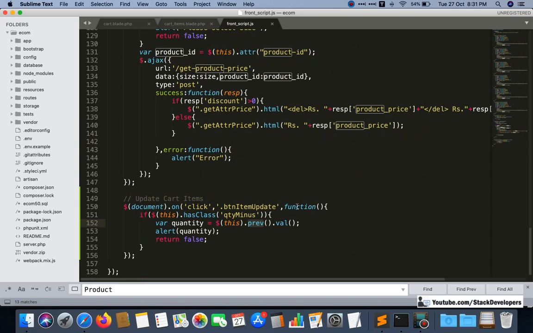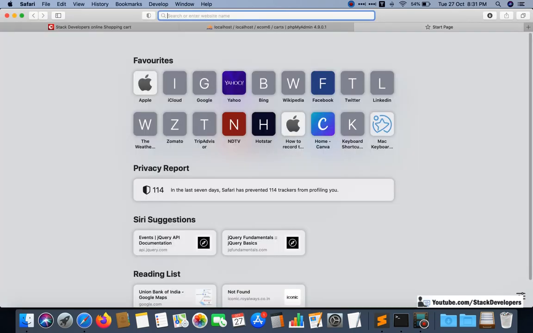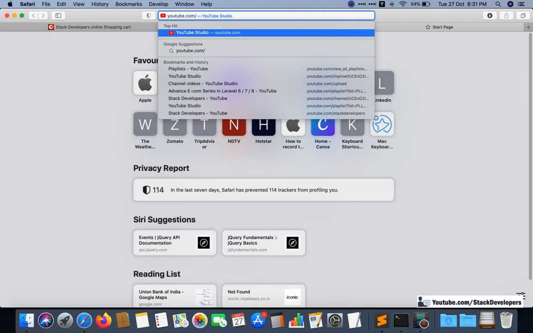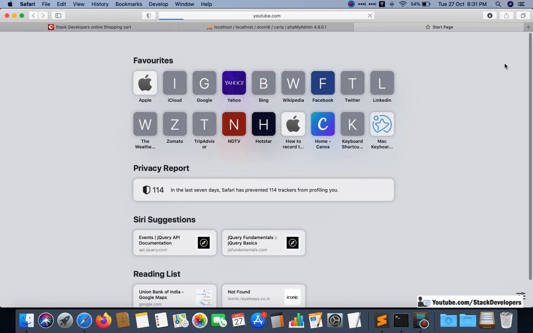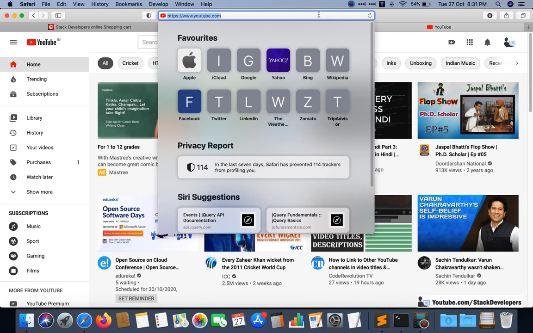If you are not that familiar with these kinds of things in jQuery, then follow my other series on jQuery, and then you can do it easily. I will also give you the path in the video description.